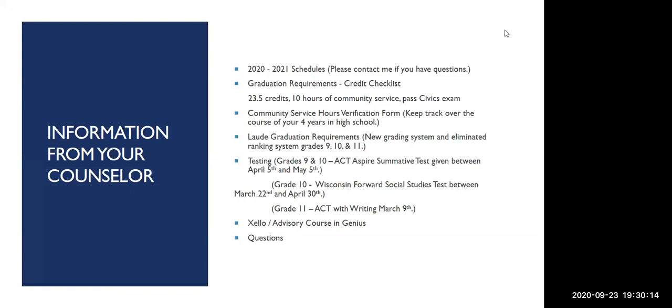As far as standardized testing goes, it is still planned, and I listed there which grade levels and what testing you'll be taking. I'm not totally sure how that's going to look right now with COVID and with the shutdown, and a lot of the tests we're doing right now are online, so that potentially could be something that you'll be doing from home. I will keep you informed, but that should be starting later in the fall and the springtime. So I'll be in touch with you about that.